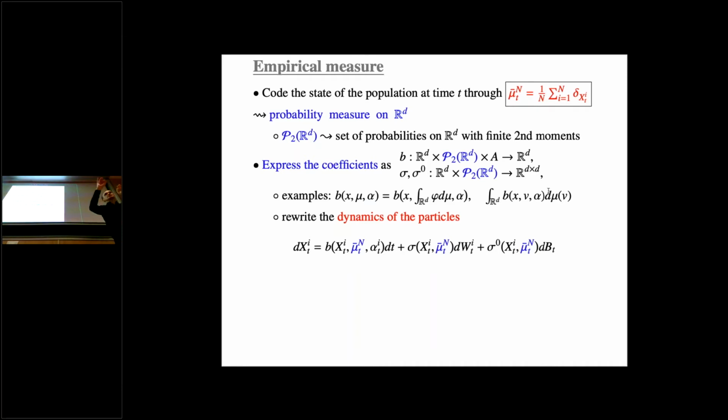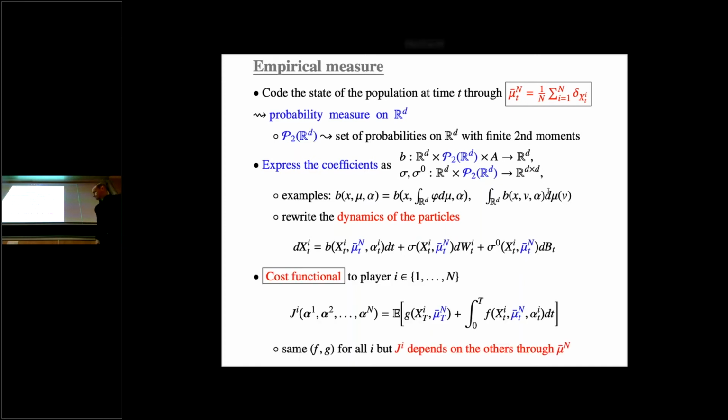So you see the others and you compute your potential by, let's say, computing some distance or some square distance or whatever, depending on the type of energy that you have, or other kinds of potentials, I don't know. So the distance between x, your private state, and the rest of the population by means of this kernel B. So this is the kind of functionals that you have for B, sigma, and sigma naught. Now everybody is receiving a cost. So this is something that I have not described so far. So any particle in the population has a cost.